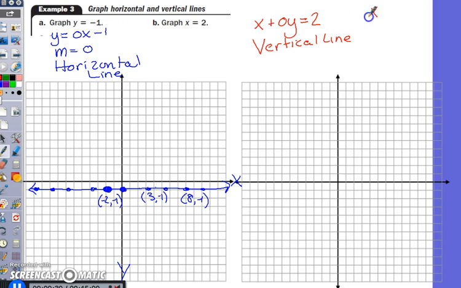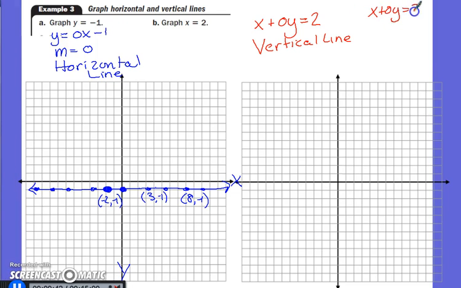So if we would solve this for y, you would say x plus 0y equals 2. So minus x, minus x. 0y would equal negative x plus 2. Divide by 0. Oh, and look, guys, let's just assume that's possible, even though we're in the realm of absurdity right now. We would have negative x over 0 equals plus 2 over 0. Both of these would be undefined. That's why it's a vertical line. So let's just stick with x equals 2. So that means you find where x